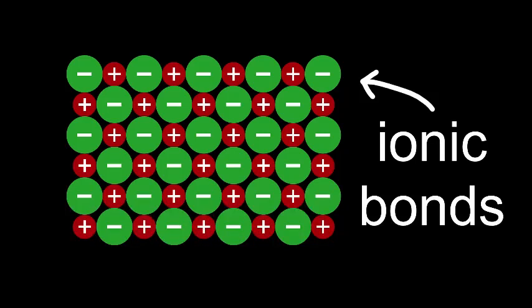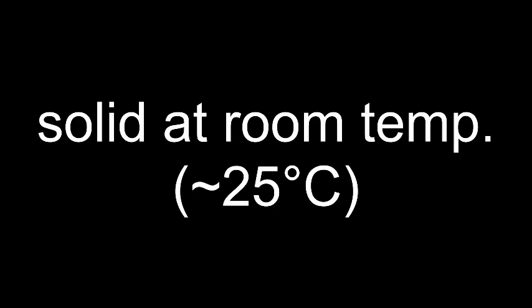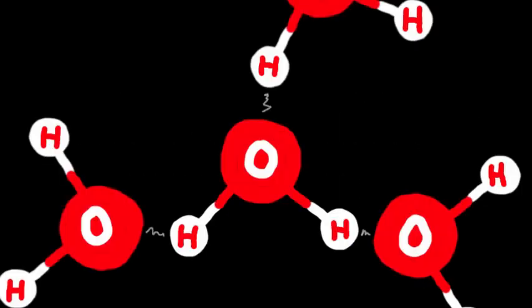Strong bonds, like ionic bonds, lead to high melting points, as they take a lot of energy and therefore a high temperature to break apart. That's why most salts are solid at room temperature, whereas water, which is only being held together by hydrogen bonds, is a liquid. Well, actually, there's another state called plasma, which is ionized gas and can exist at very high temperatures, such as in stars, or very high electric potential.